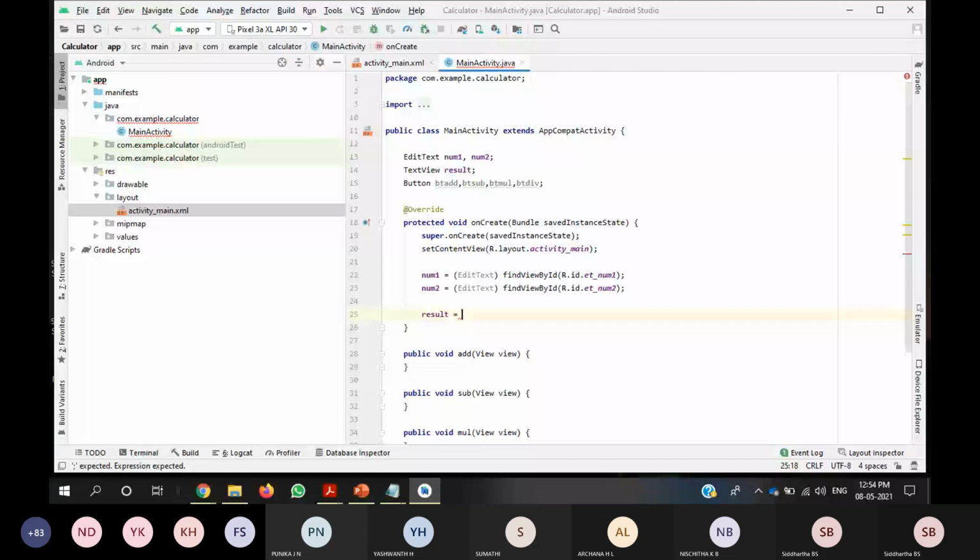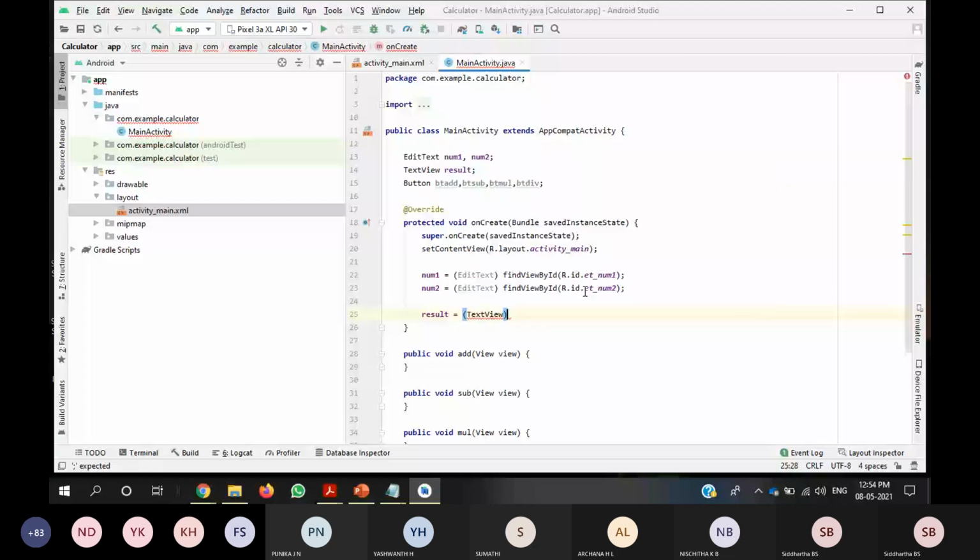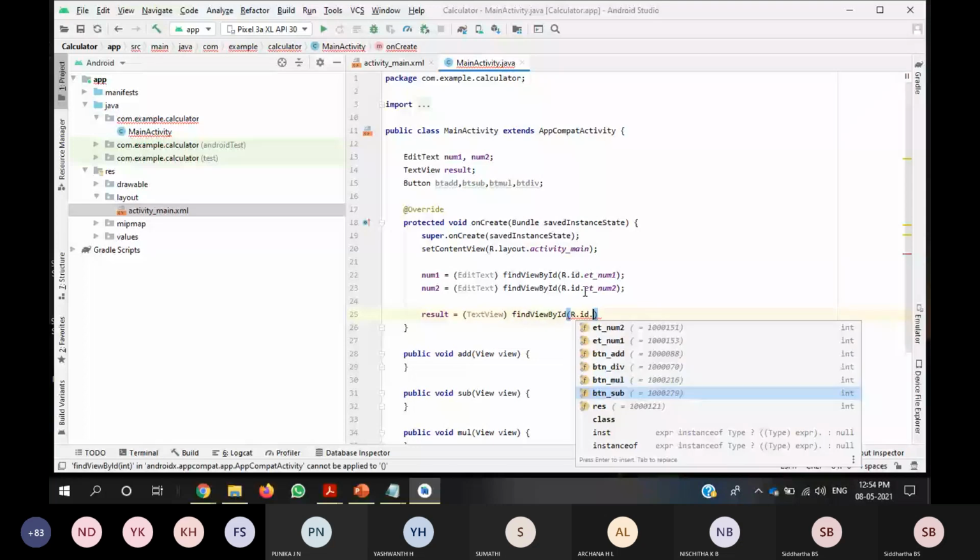It's a TextView. We identify it by findViewById, R dot id dot, the name we gave for the TextView, res. Okay. So next.